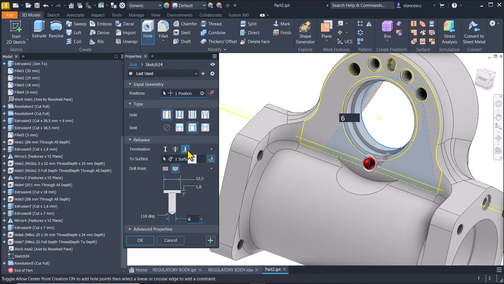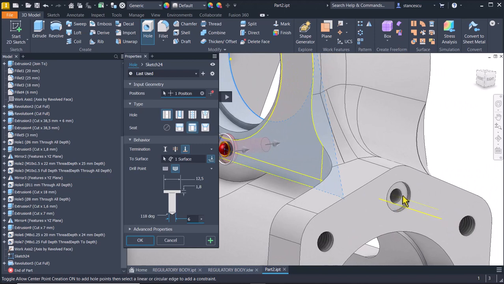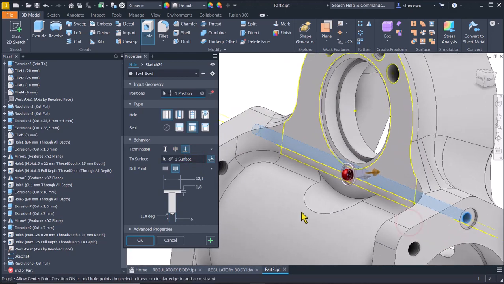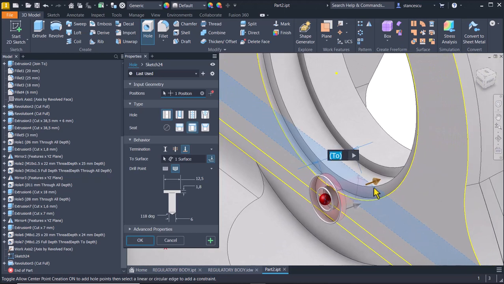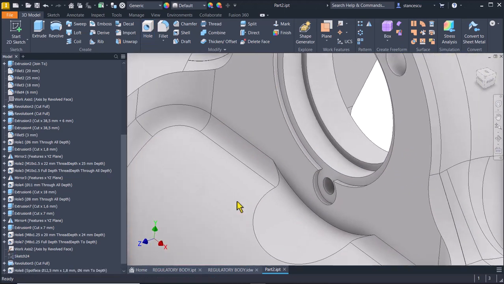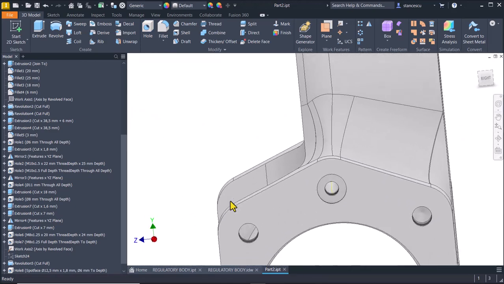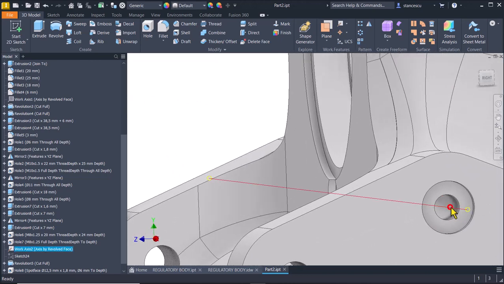To what? To this, I have to select this. To this hole. Yes, it goes through the part to the hole. Okay. Yes, I hide this axis,